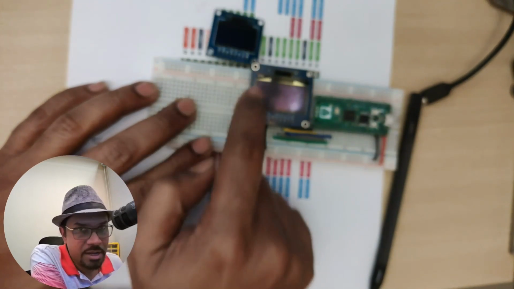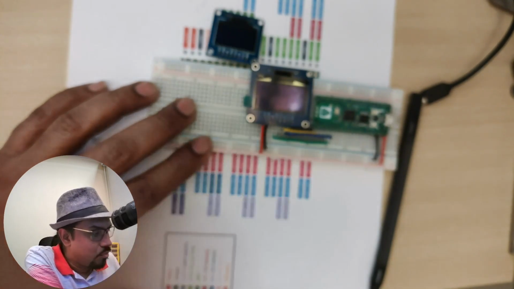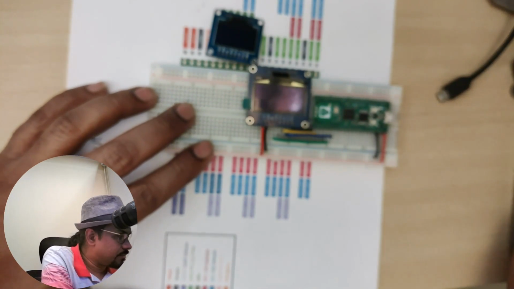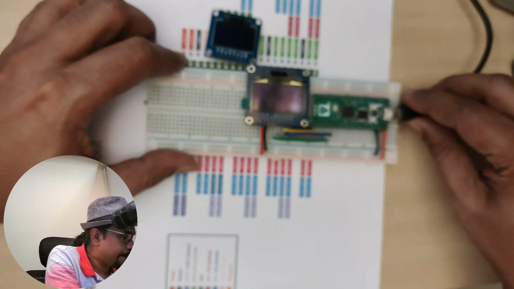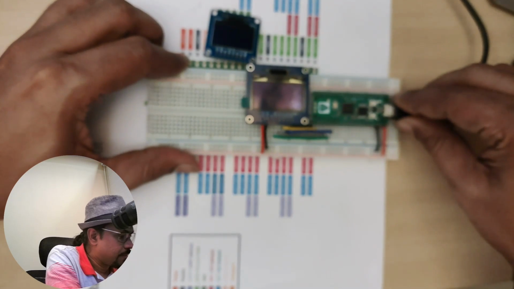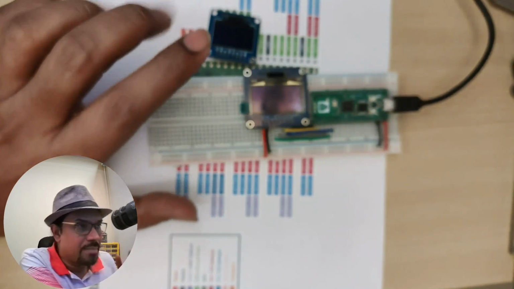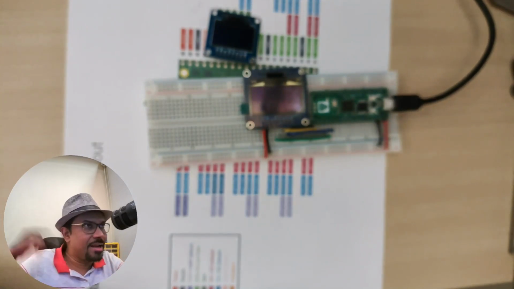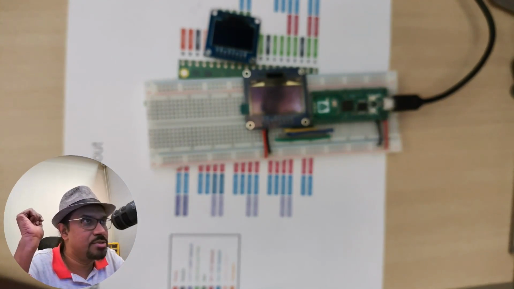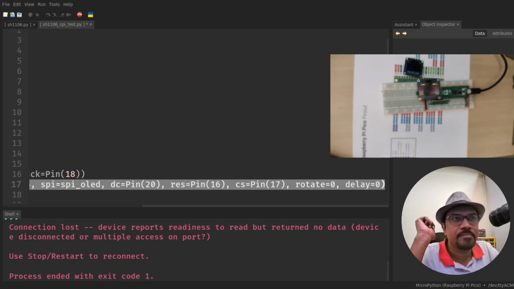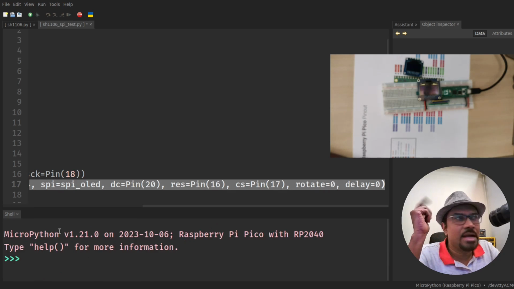This one is a 0.96 inch display, right? Which I plugged in earlier. So I just plugged in the 1.3 inch display. And I'm going to connect this back. And I'm going to run the program again. Okay, I'm going to reconnect on my Thonny editor and run the program. You can see that. Just click on the stop button to restart connection. You can see the MicroPython prompt comes up if the connection goes well. And then after that, you can